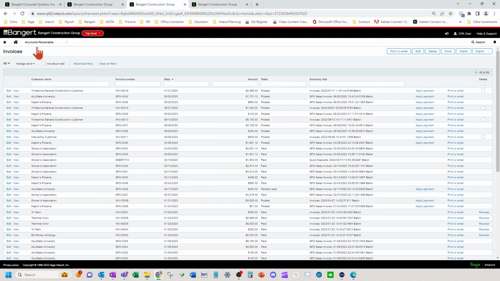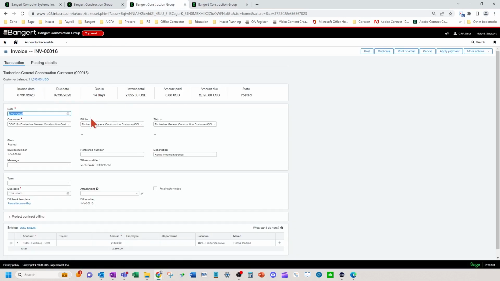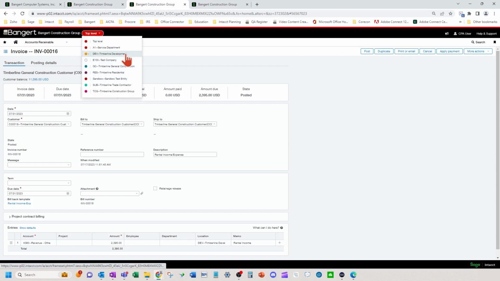Let me go back over here to AR. So in AR, we're going to come in here and view this one. So you can see my revenue account down here at the bottom for $2,395. The revenue is going to my development location. So I've got a multi-entity environment set up where this development entity is getting the rental income.